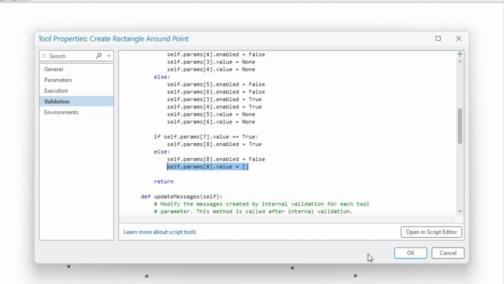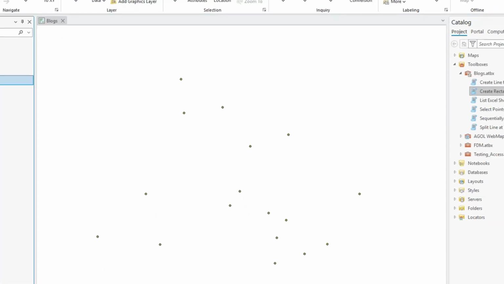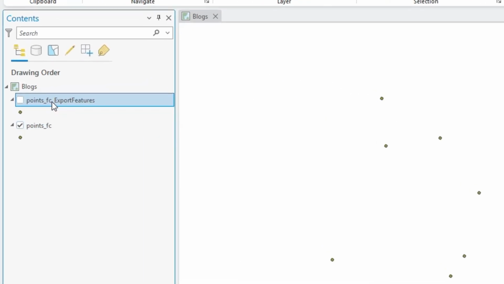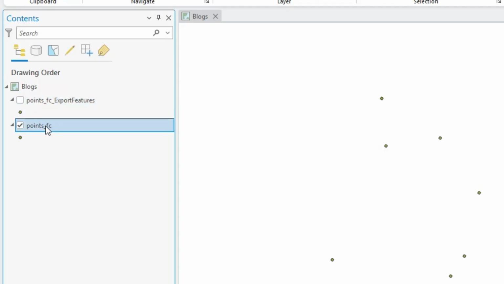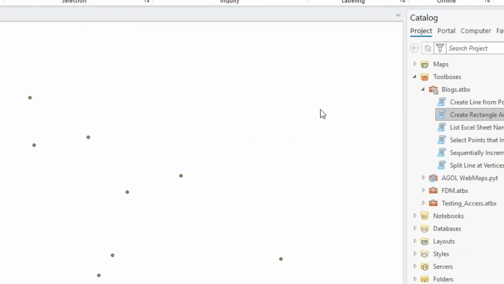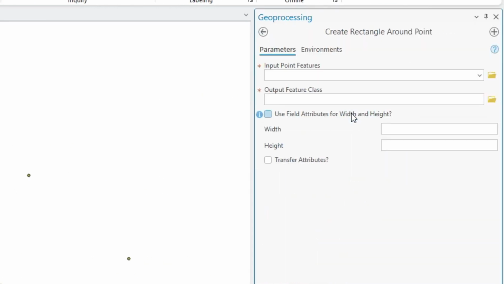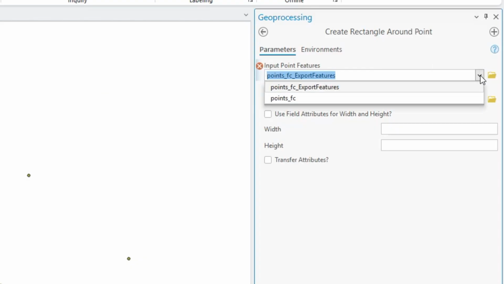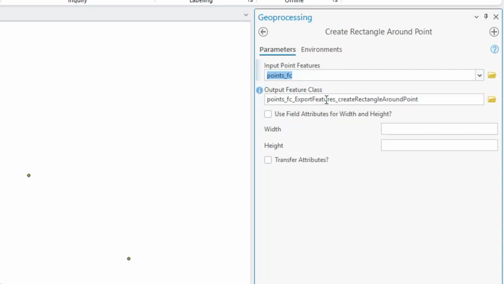So I'll click OK and we can see this tool in action. I currently have 2 point layers in my map. One up top here is in a geographic coordinate system, and the one below here is in a projected coordinate system. I'm going to open the tool. I'm going to input points that have the geographic coordinate system. We can see here I'm getting this error message: Input must use a projected coordinate system. So I'll change it to the points FC that is in a projected coordinate system,